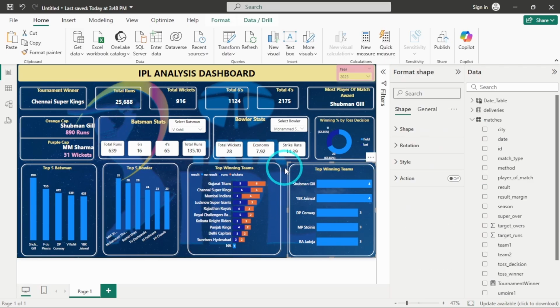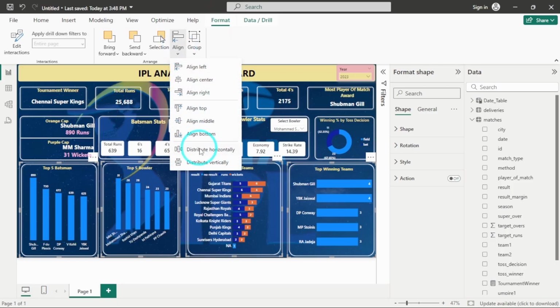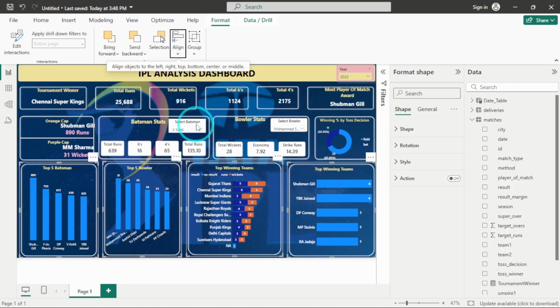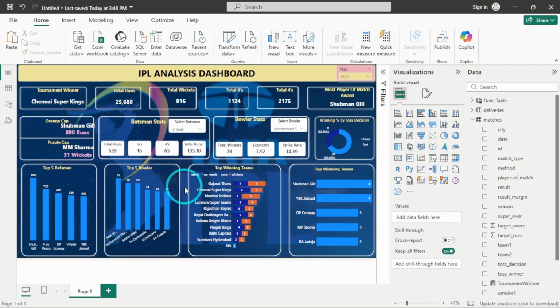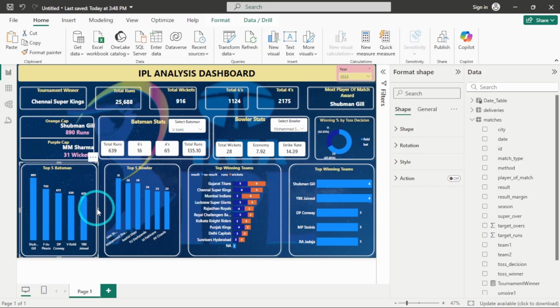And what I will do is I will only have the borders. So I'm having all the borders selected. I will go to format, and I will go to align. I will go to distribute horizontally, and I will also go to align bottom. So here I have aligned the visuals horizontally, but still I can see that the gap between two visuals is